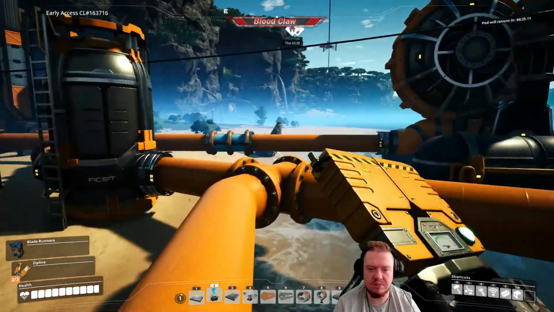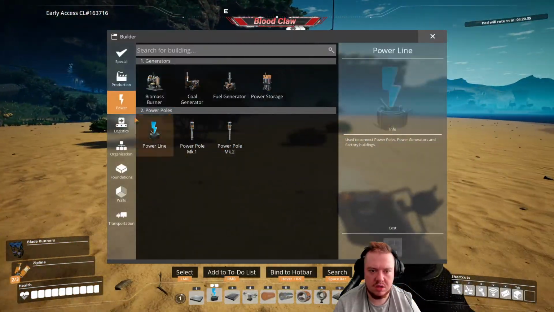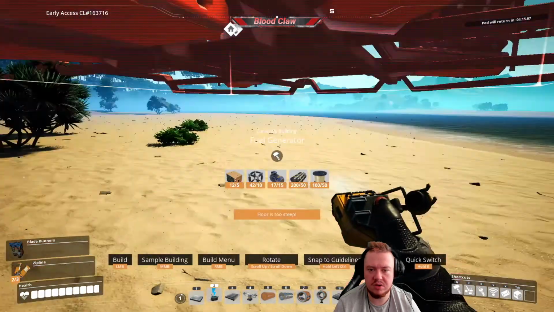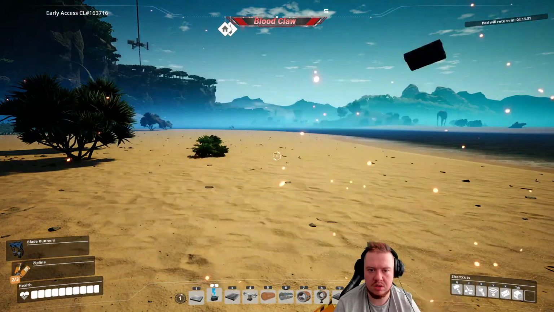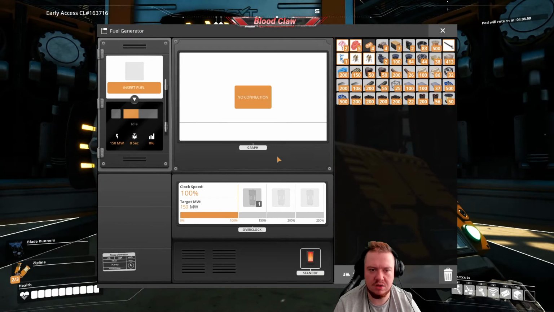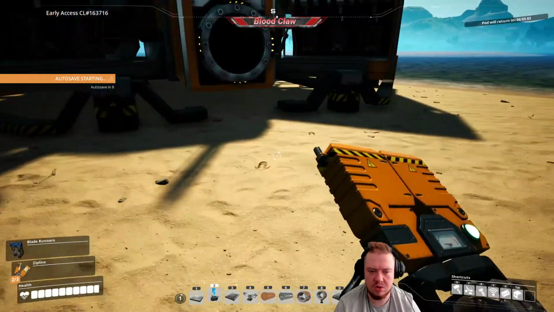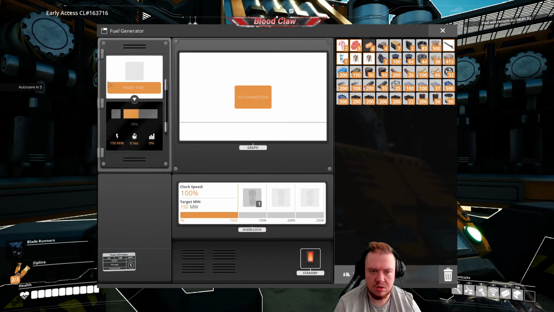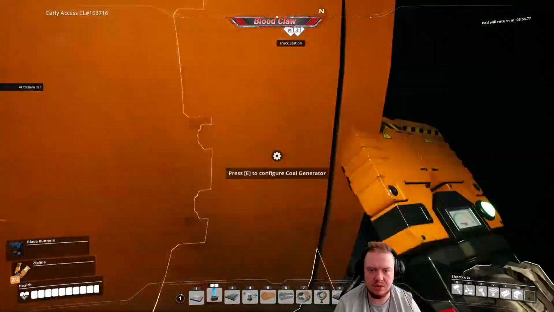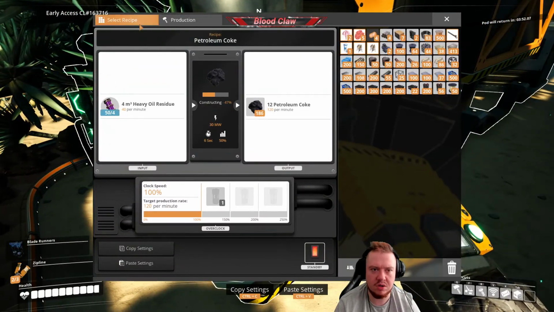I shouldn't need anywhere near as many of these water generators if I change these coal to... Yeah, right, so... fuel generator. Pop you down here, let's take a look. Insert fuel. What type of fuel though? Do you just take raw? What type of fuel do you want? Do you want the residue? I don't think you'd want the residue. I thought you'd want pure...